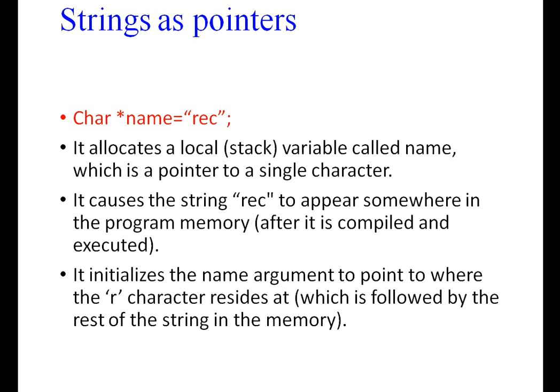So how to use strings as pointers? Normally we know something like char name[20], where you are giving input, that will go to static memory allocation. In terms of pointers, we can give char *name equal to "REC". Here it is not going to allocate any memory for this. It will point to the string. So now REC will be pointed to by a pointer called name. It will not allocate the memory.